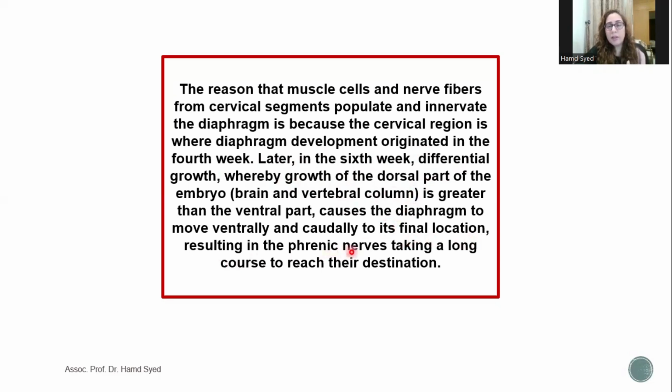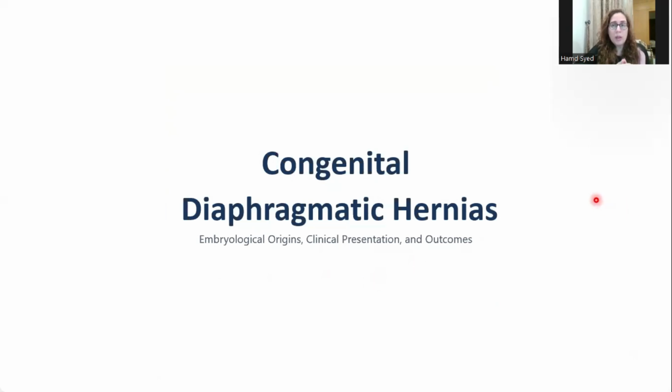As a result, it takes the phrenic nerves along with it, and then they have a long course to reach their destination. Now that we've discussed the formation of the diaphragm, let's talk about the congenital birth defects, which are grouped together as